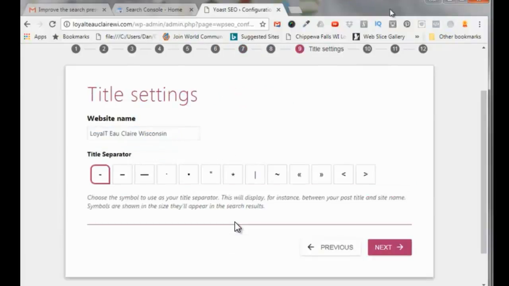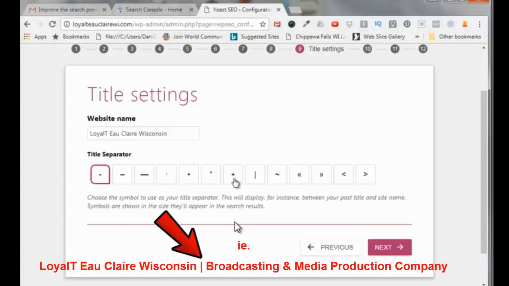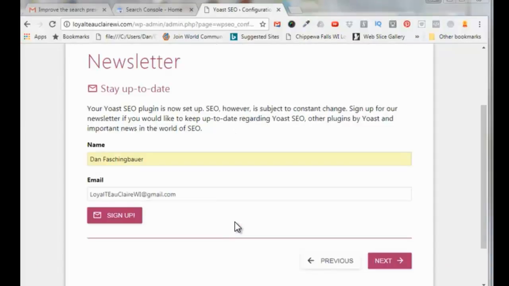Now these title separators are what they say. They separate title descriptions, so you can use any of these to separate your title description if you want. I'm going to use this one. Click on Next. Now if you want to sign up for the Yoast newsletter, you just put in your name and email,